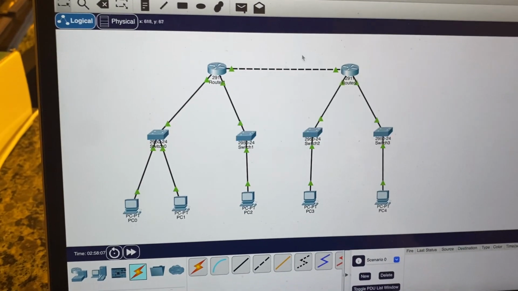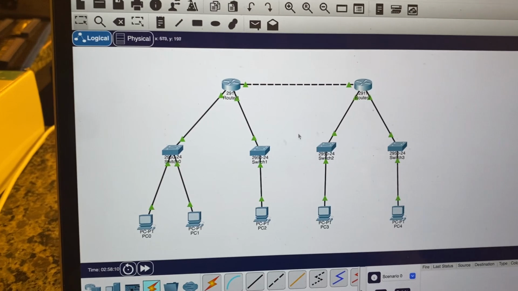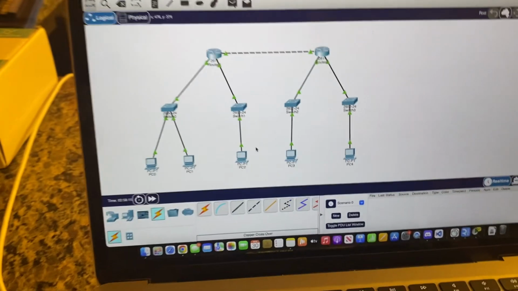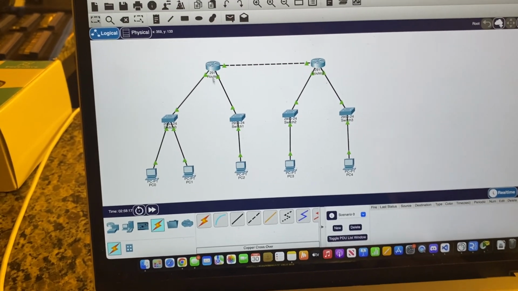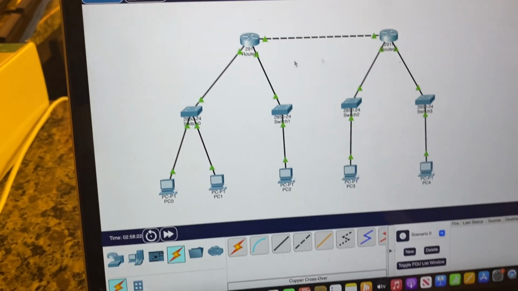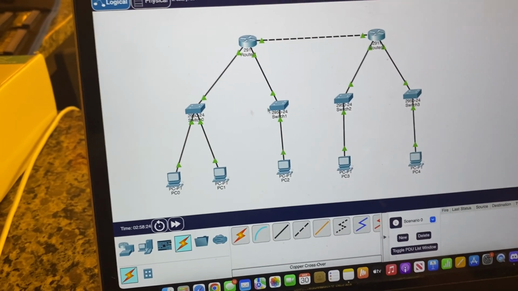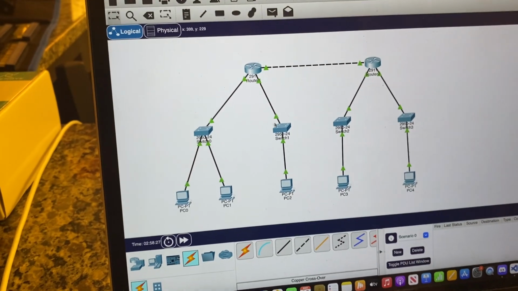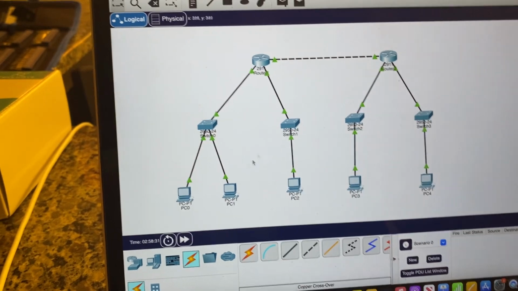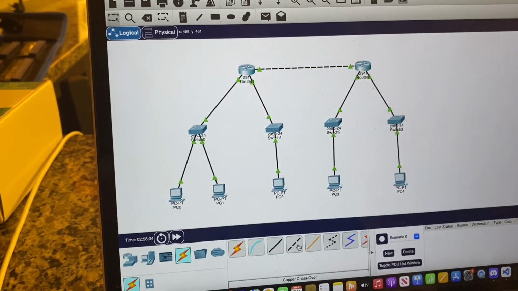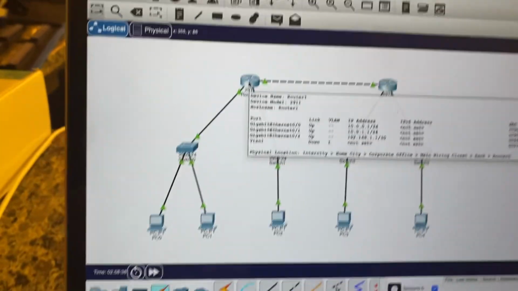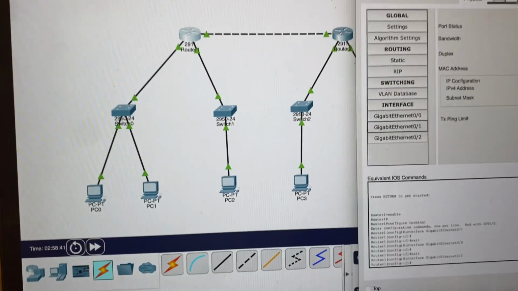So I have my diagram of my 2 routers, 4 switches, and 5 PCs. Loosely, in the interest of time, to keep this brief, I brought in 2 routers, 4 switches, and 5 PCs. I used copper straight-through wires for connecting the different trees, and a crossover copper wire to connect the routers. First I set up the routers, and